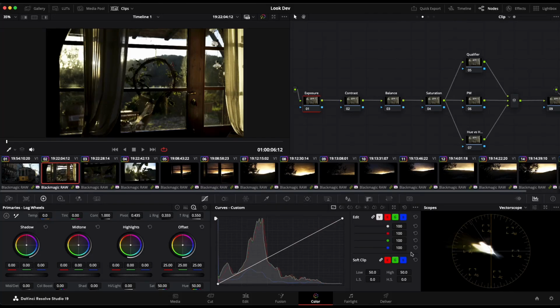In today's episode, just as I mentioned in the previous episode, we are going to work with the Film Look Creator here inside of Resolve. This was introduced with Resolve 19, and it's going to be very useful for a lot of people to create